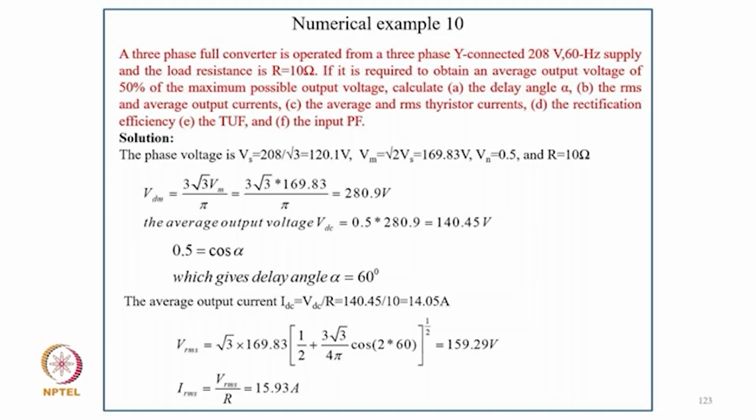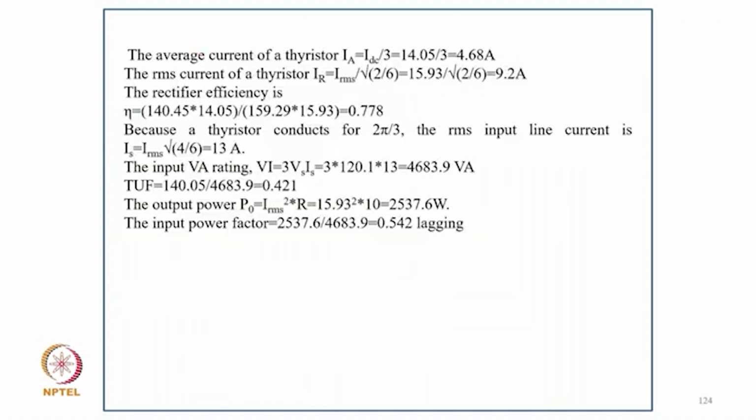Vdn equal to 3 root 3 Vm upon pi, that is 280.29, and average voltage is 140 volt, and 0.5 equal to cos alpha, so alpha is 60 degree, and average current Idc equal to Vdc by R, that becomes 14.05, and Vrms, putting value it comes 159, and Irms equal to Vrms by R, that is 15.93 ampere, and the average current of thyristor is Idc by 3, that becomes 4.68, the RMS current of thyristor equal to 9.2, and the rectifier efficiency comes